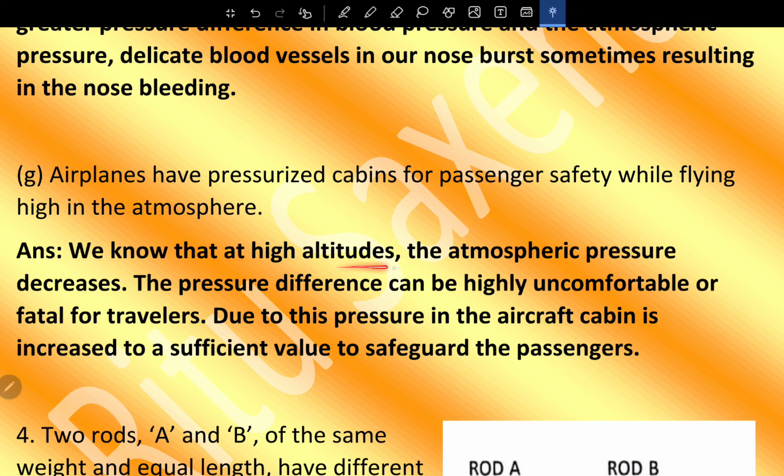We know that at high altitude the atmospheric pressure decreases. The pressure difference can be highly uncomfortable or fatal for travelers. Due to this, pressure in the aircraft cabin is increased to a sufficient value to safeguard the